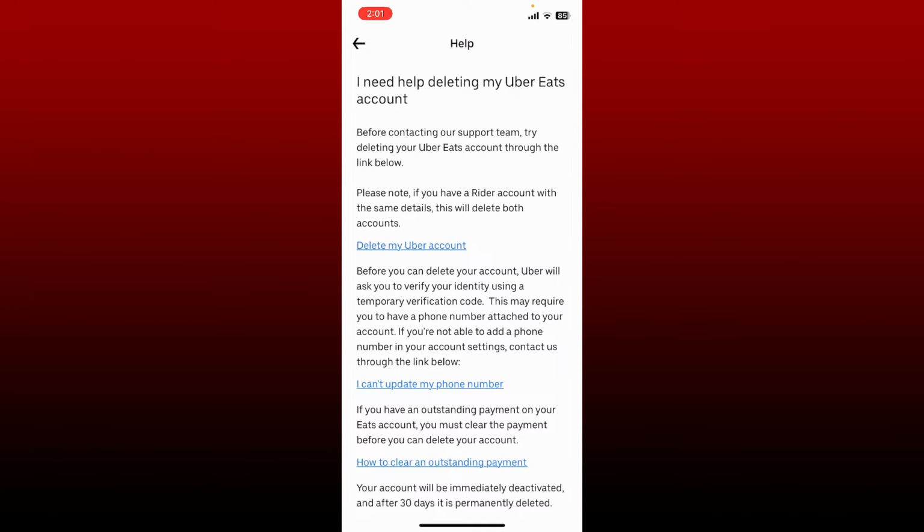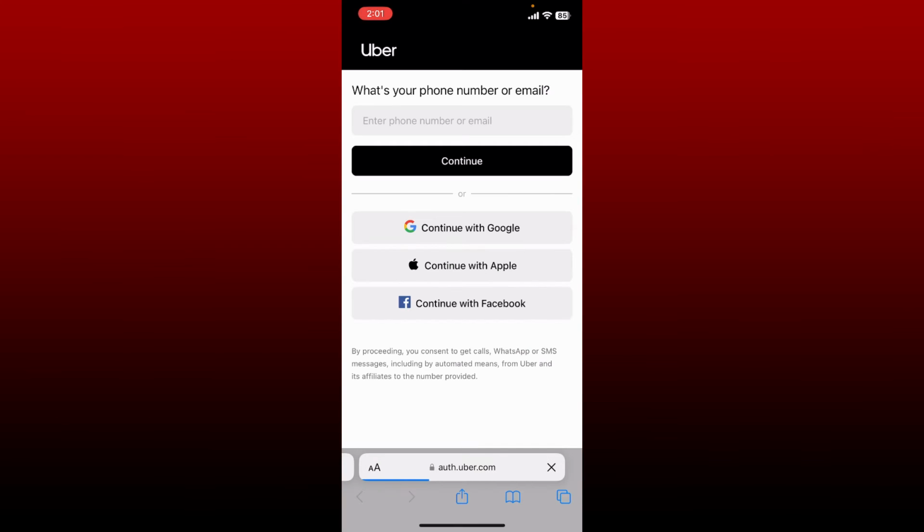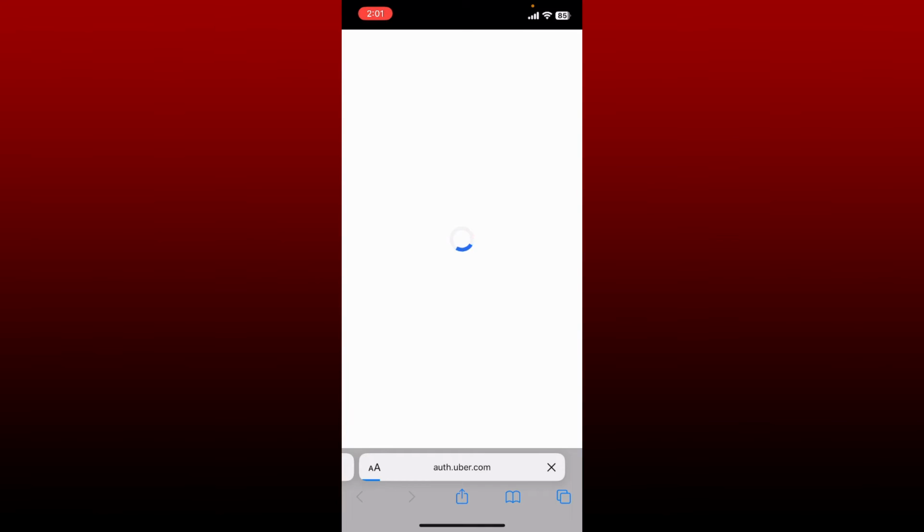Tap on delete my Uber account on the next page. But remember that deleting this account will also delete your rider account if you have one with the same account details. If you're sure you'd like to proceed further, tap on delete my Uber account. Verify your account by entering your phone number or your email, and once you are done, on the next page